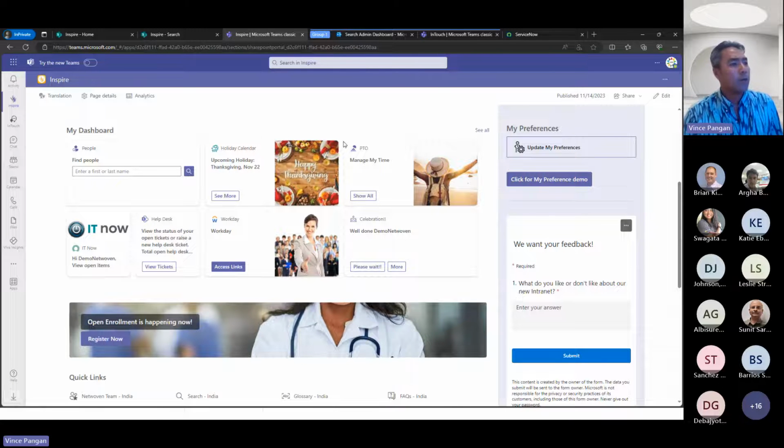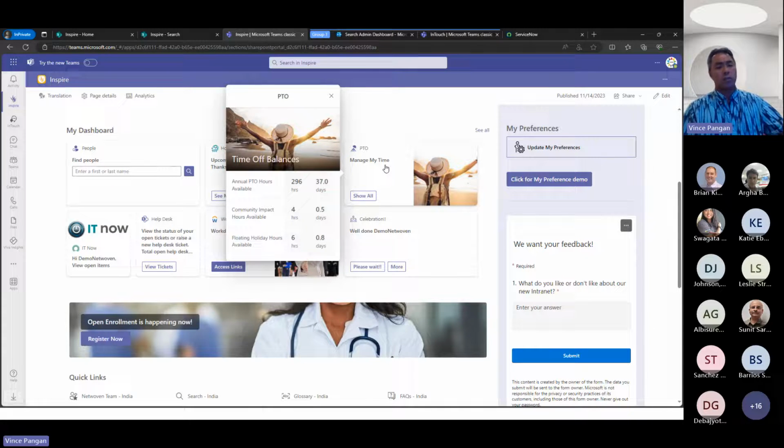Well, these adaptive cards and web parts are actually able to be user aware. They can know who the user is, and with a little bit of development effort, you can actually use it to drive some very powerful tools. Just a simple example here is an adaptive card that shows you maybe your PTO, right? And I wish I had 296 hours of available PTO, but I don't. But in this example, I do. But as you can see, I'm able to view my information. It's not generic. This actually is a card that is relevant to me if I wanted to find out this information. And if somebody else were to log on and click on this adaptive card, they would see